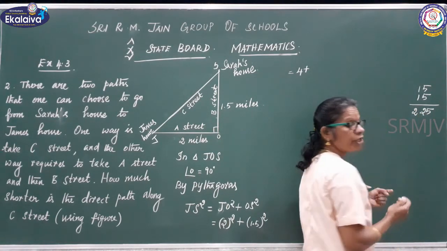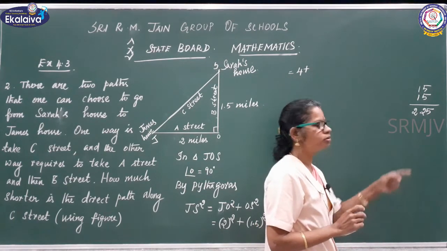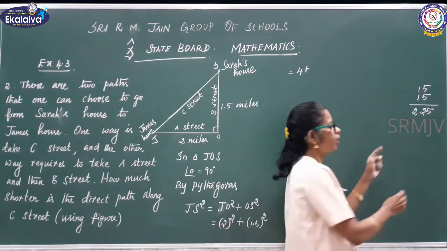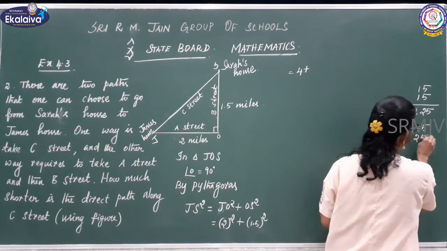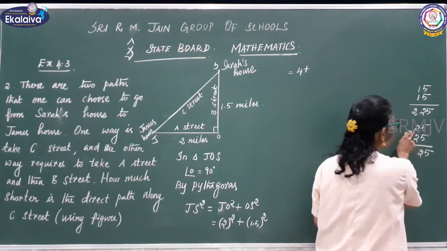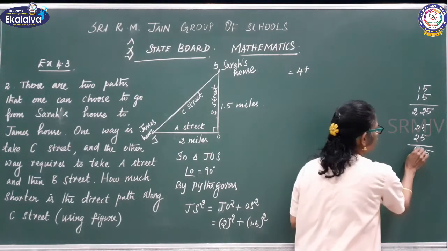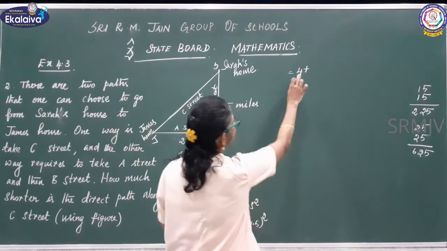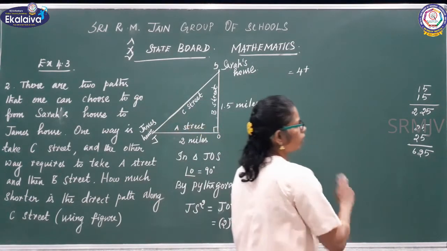A number multiplied by itself, that too it should end with 5. You can apply this format, right? One more example I will give you. 25, 25. 5 fives are 25. What is the next number after 2? 3. 2 threes are 6, right? Now, 1.5 the whole square, that means 225.